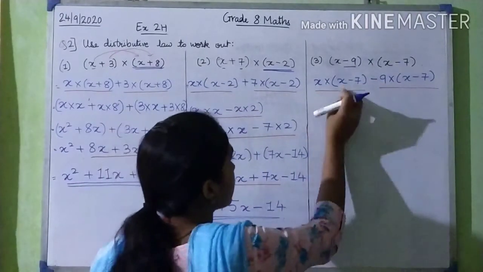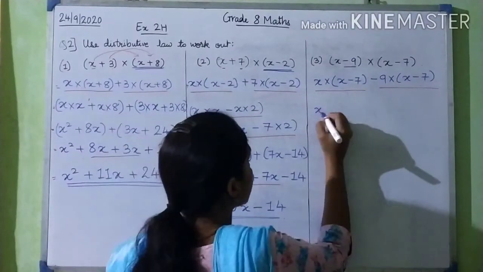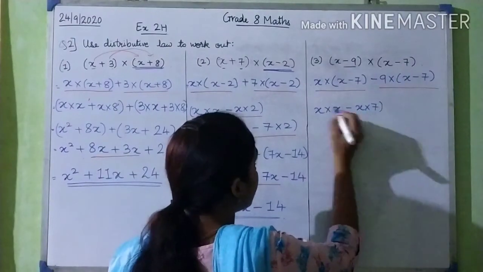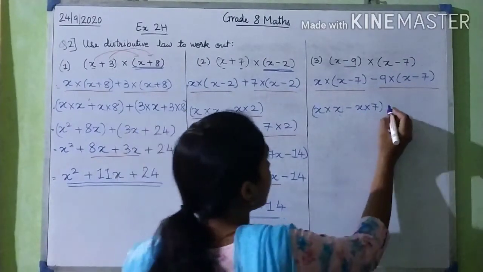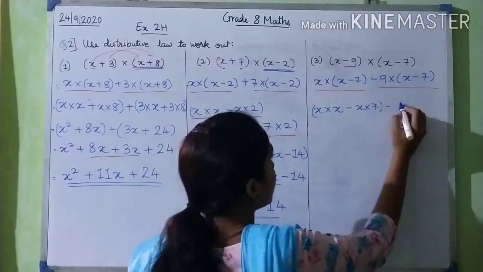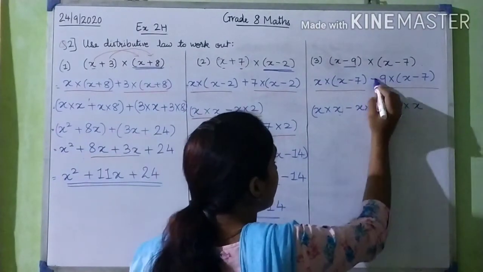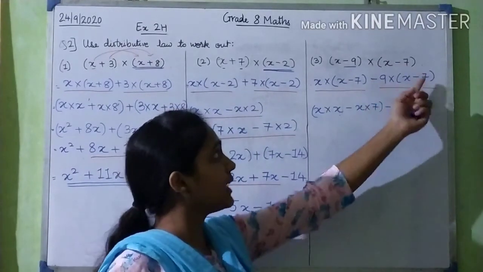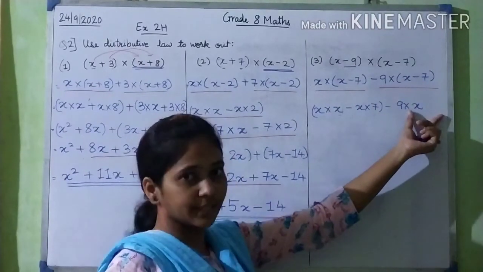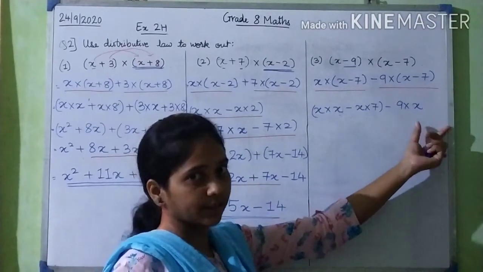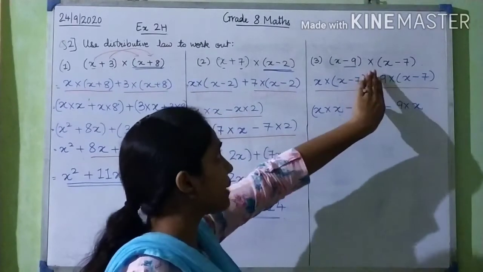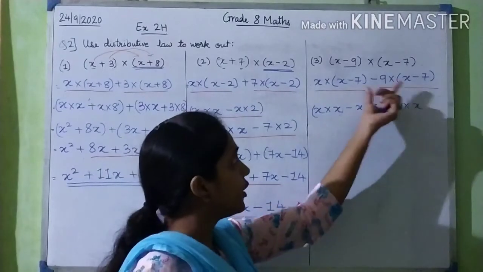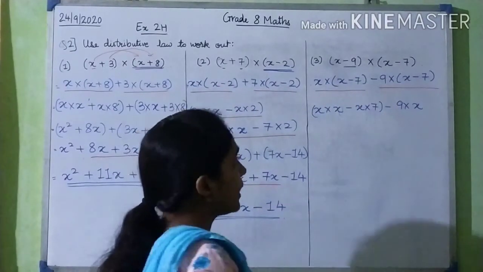Now this we have to expand. So x will get multiplied to x. Then plus into minus will be minus x multiplied by 7. Then here now I keep minus sign as it is. 9 into x I multiply and then minus. See, if you want to multiply these two minus signs in one step itself, then you need not put the bracket. But if you want to keep this minus sign as it is and only solve this much part which I have underlined here, not the minus sign, so then you can put a bracket.